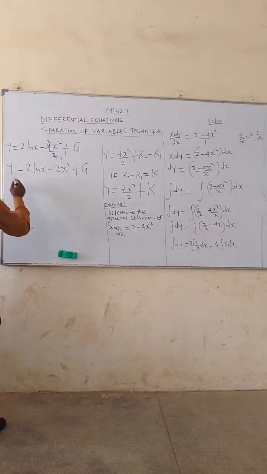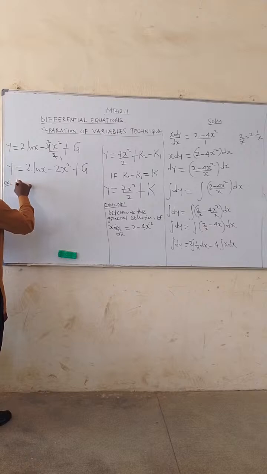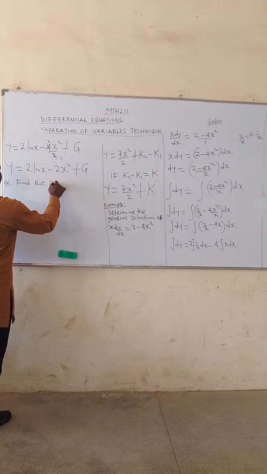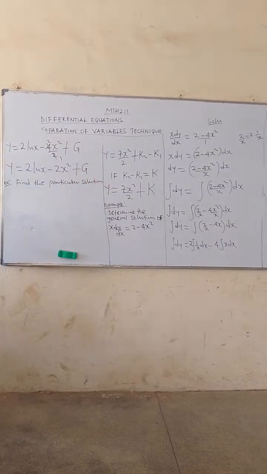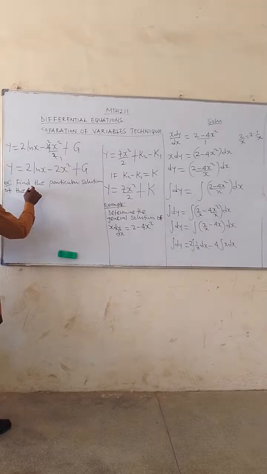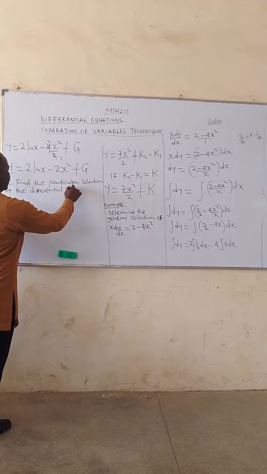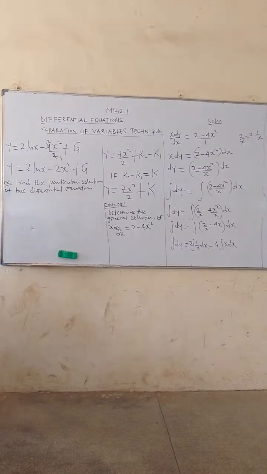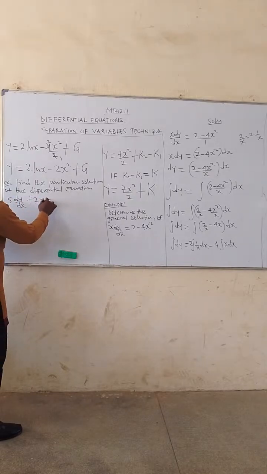Okay, let's consider my example. Find a particular solution of the differential equation 5 dy all over dx plus 2x equals to 3